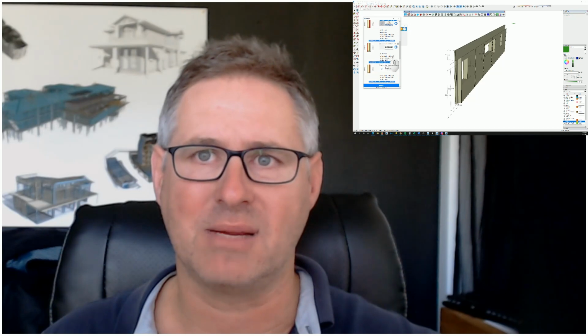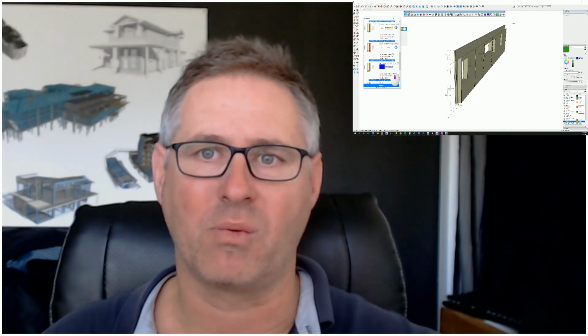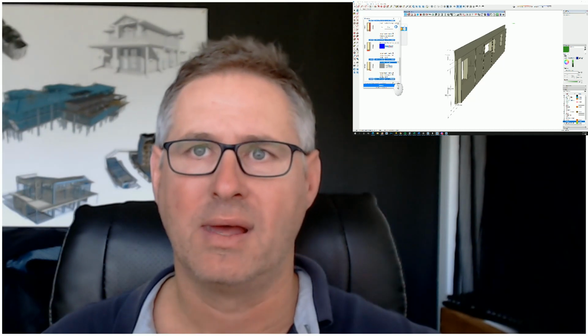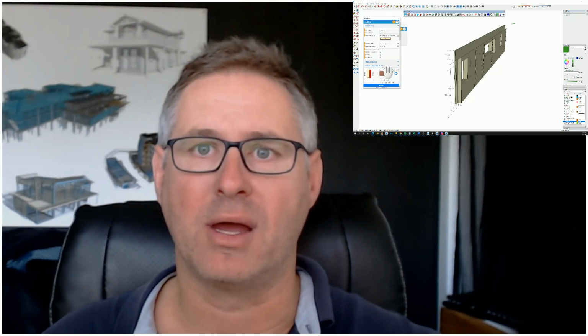The WeatherTex is 9.5mm wide. The Gyprock is 10mm. My insulation is sitting inside of my frame, so it's not required. Wrap, termite barrier if I want it. All of the products that I want to choose to go around my wall are there. And then I could go down and I could actually choose my lumber size. So I'm going to choose a 140 frame,